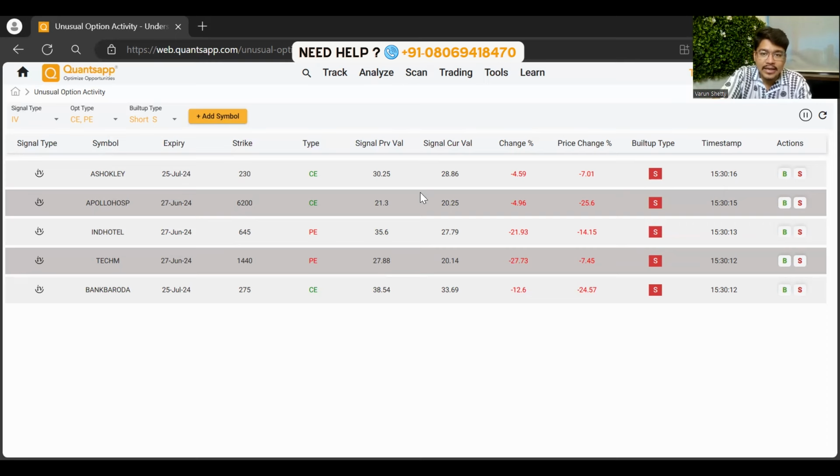So here I can see that in terms of IV, there's an IV signal for Ashok Leyland. There is a decrease in IV, decrease by 4.59%. Okay. And there is a decrease in premium by negative 17%, which is a good thing, right? So there is a short build-up. Ashok Leyland, this particular option I can sell, right? Apollo Hospital, again, the same thing. India Hotel, same thing. If there is an increase in IV, but still it is showing short, then we ignore,